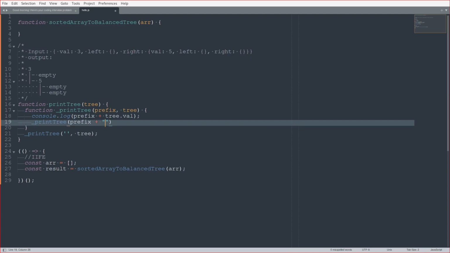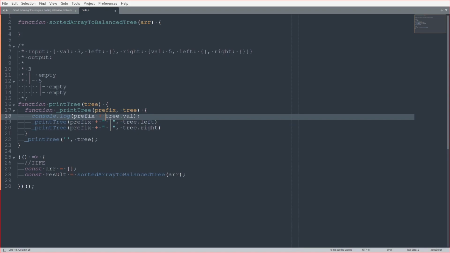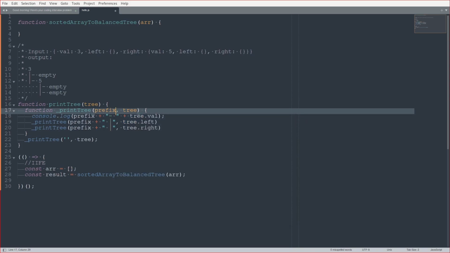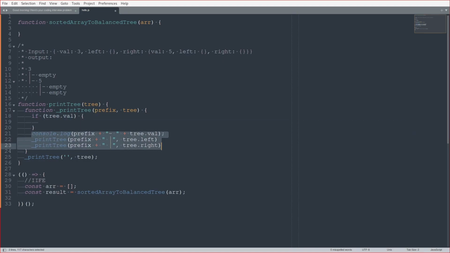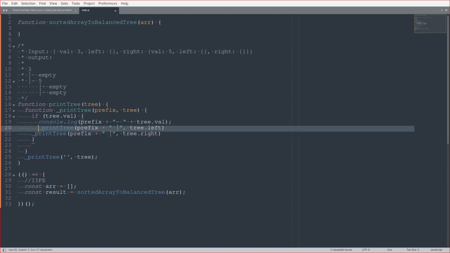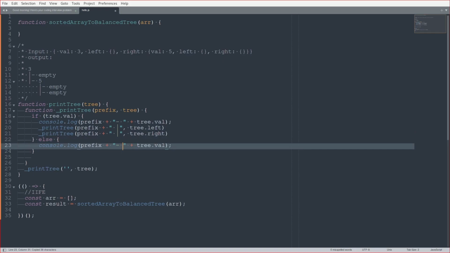Oops, I wrote the old prefix plus like this, I guess. No, plus this. And then tree.left, tree.right, something like that. And actually, I guess this is where that dash comes in. This is only if there is a value. If it's empty, then we just print out the word empty. I guess that's what we'll do. Prefix space, and then